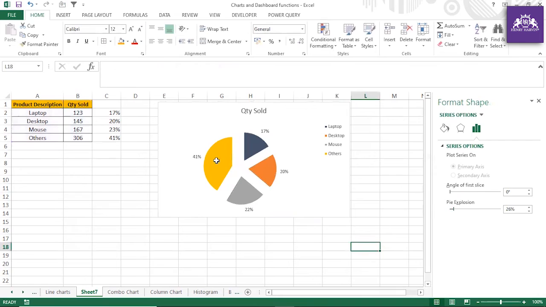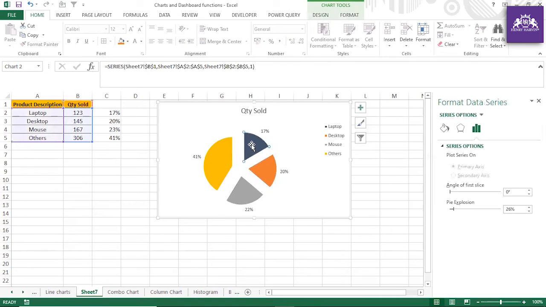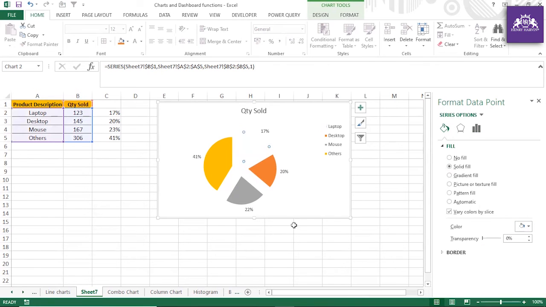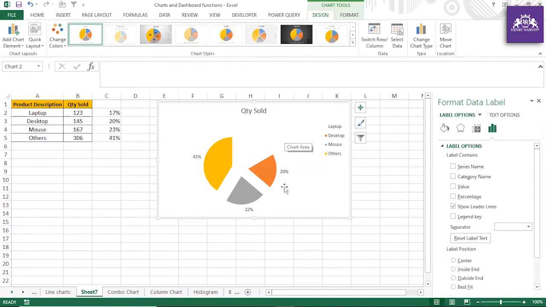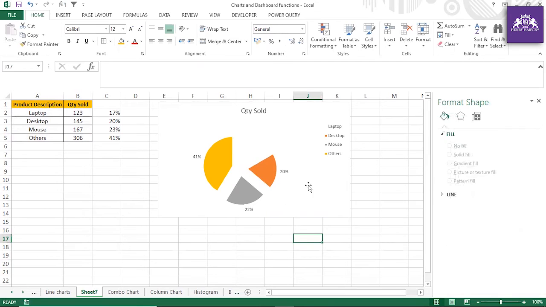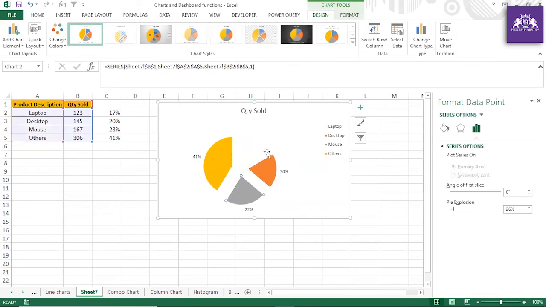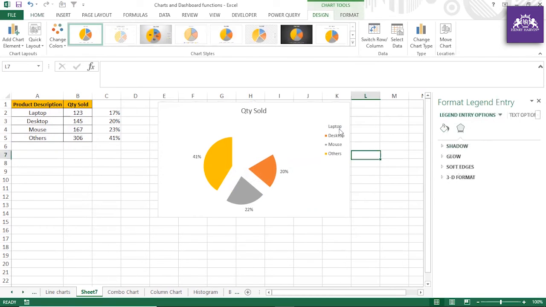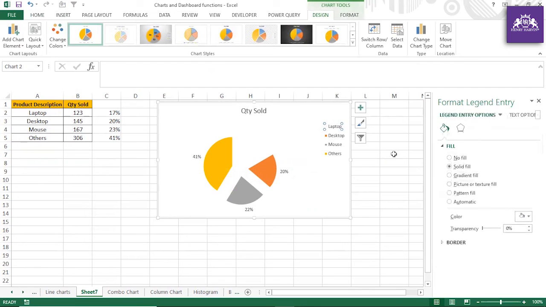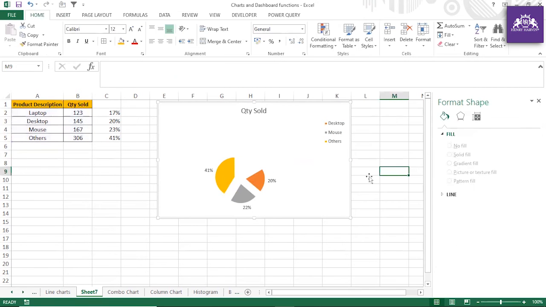Maybe if you want to show only this part, you can make the color white. All right, and you can remove that. All right, so guys, this is how you can show the data. If you want to show only for 3 where you have removed this, see, you can see that the laptop we have removed. All right, so if you want to remove the laptop, that also you can remove.